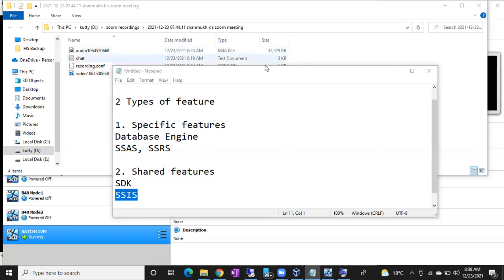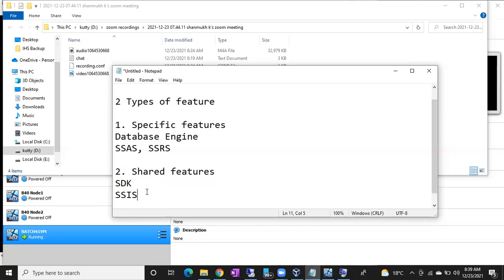In the same way, specific features will have a name in the brackets. Shared features don't have any name. If you go to the washing machine, can you see a name on the washing machine? If you go to the oven, can you see a name on the oven? Or the fridge, can you see any name on the fridge? That belongs to the PG. So you cannot find any names on the shared resources. Most of the people are saying washrooms, washrooms. Can you see any name on the washrooms? You cannot see. So if you don't see a name in the brackets, that is shared. If you see a name in the brackets, that is specific.